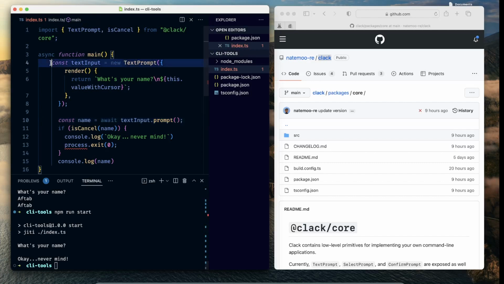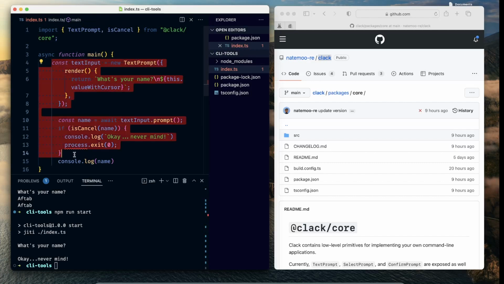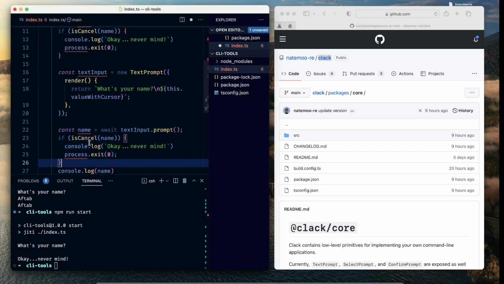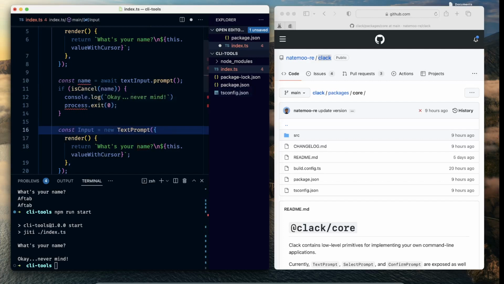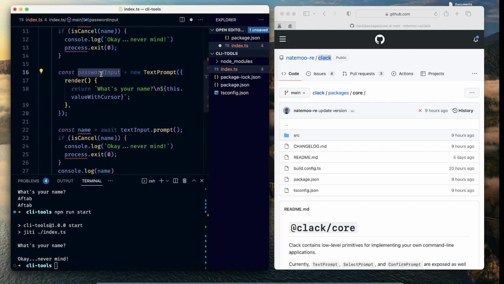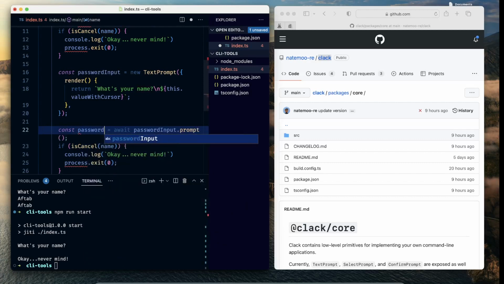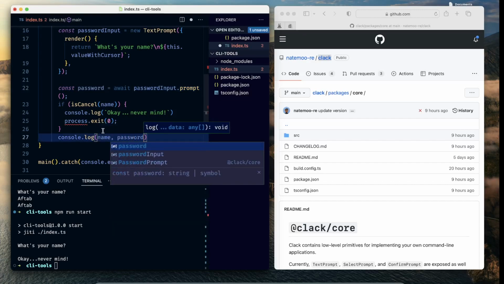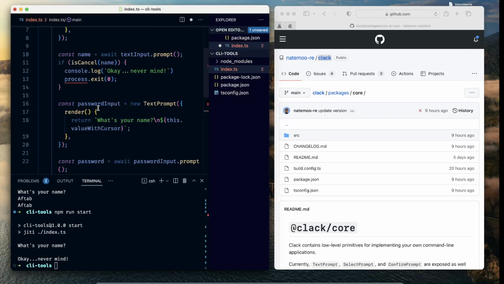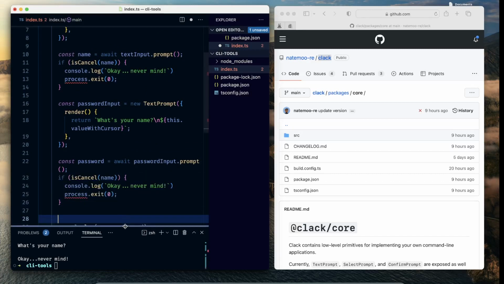Let's say we need to accept not one input but two text input fields. So for that, what we can do here is we can just duplicate this, place it over here, and then change this to say password input, and change this to password input, password, console log, name, password, right? So this block needs to be repeated for all the input that we need to accept from the user,